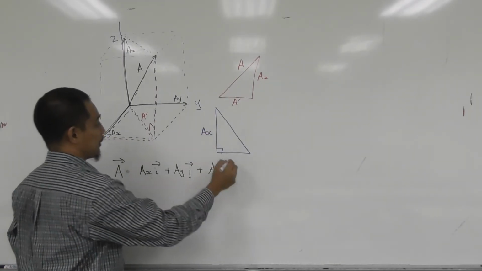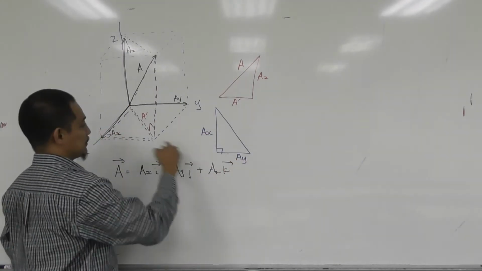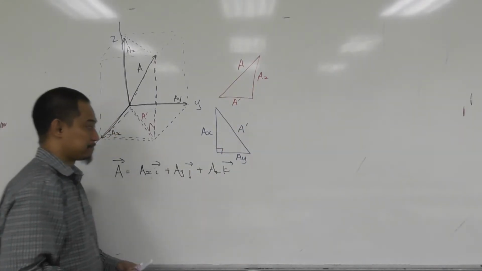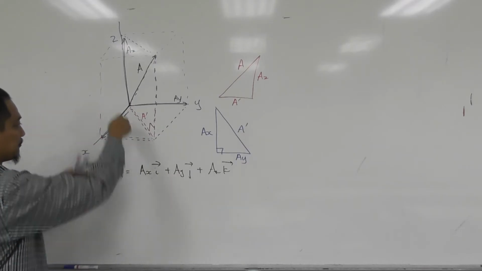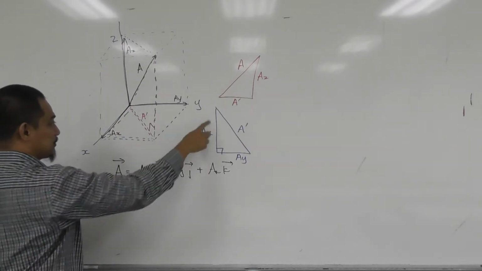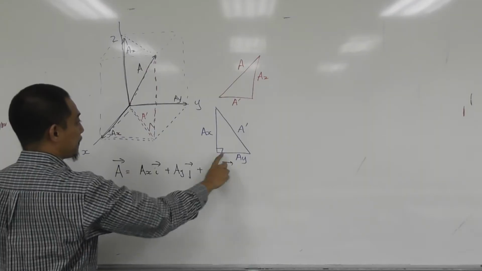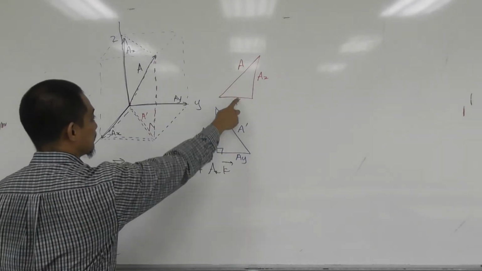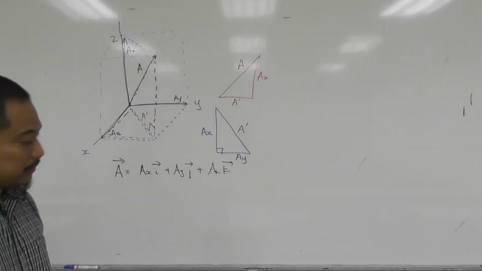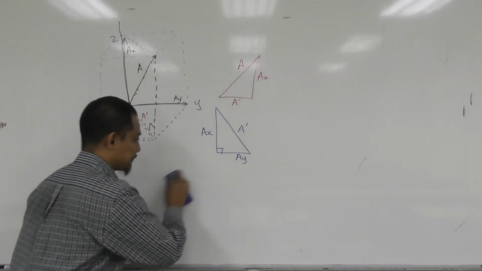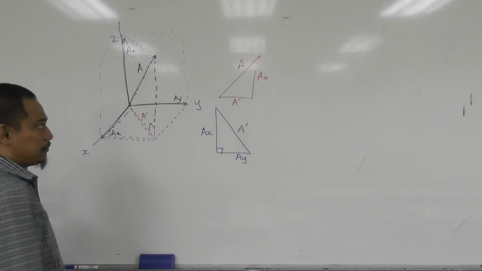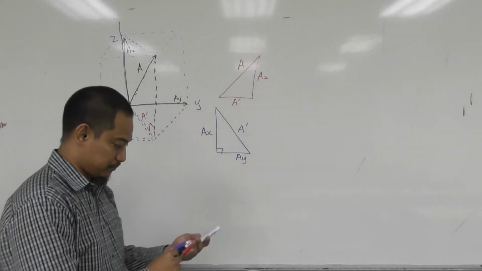This is AY, and this one is A prime, right? If you look this triangle from top, right? So AX, AY, and this A prime here, which is this A prime, right? So I'll just erase this first. Now, based on these two triangles,